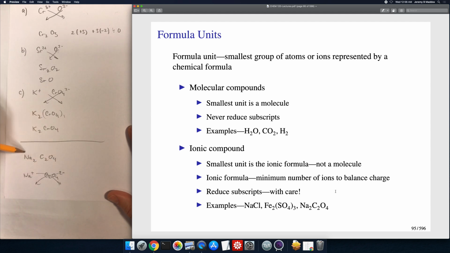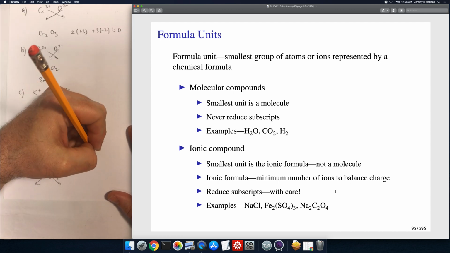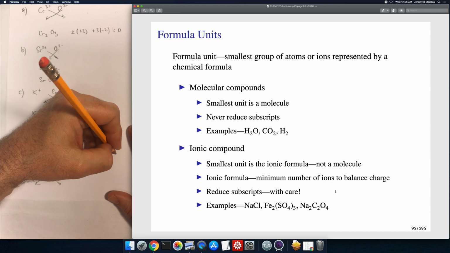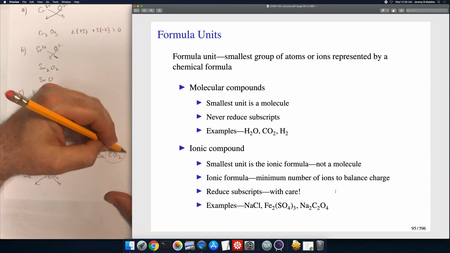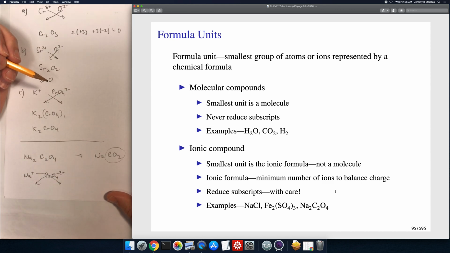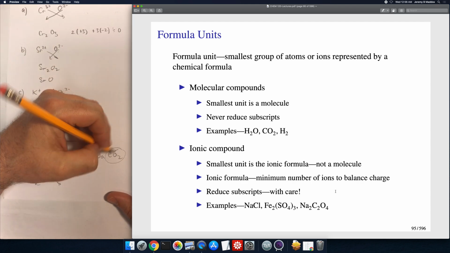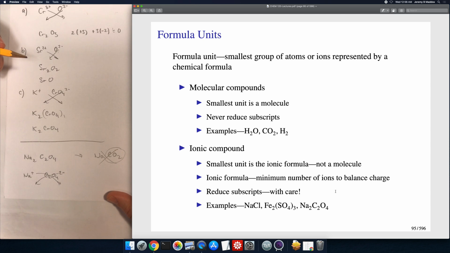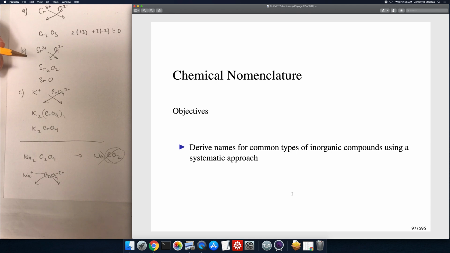Now it would be incorrect to reduce the subscripts in this case, because if you reduce the subscripts, you would get something like this, NaCO2. This is no longer the oxalate anion. It's something else. So this is not the same compound as that one. So you don't always want to reduce your subscripts for ionic compounds. You have to do it with care. You need to know your polyatomic anions, which we will get to in the next